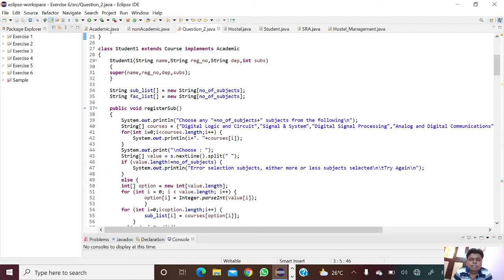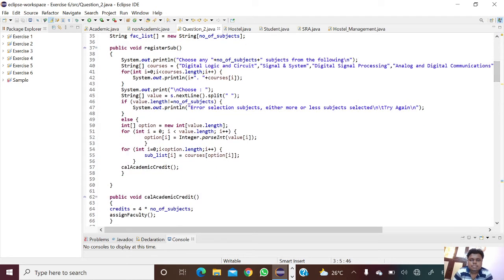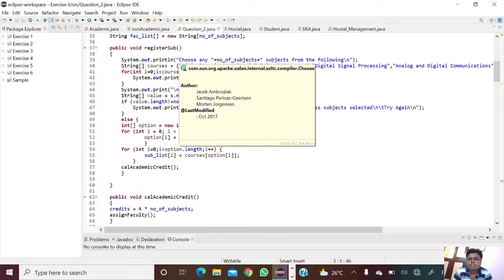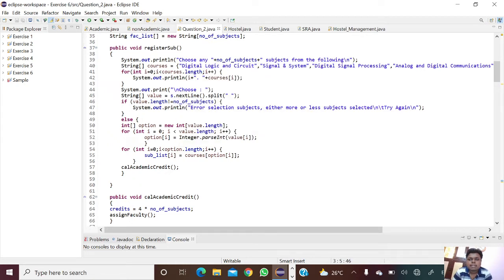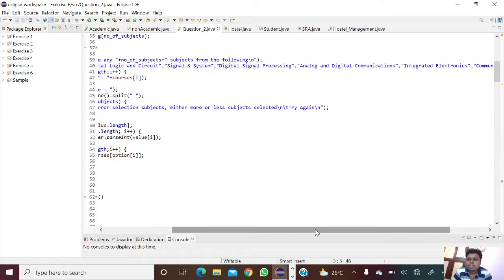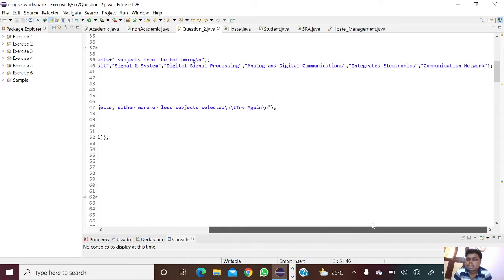Next, creating a public void register subject. We use System.out.println: choose any number of subjects from the following courses: digital logic and circuit, signal and system, digital signal processing, analog and digital communication, integrated electronics, and communication network.